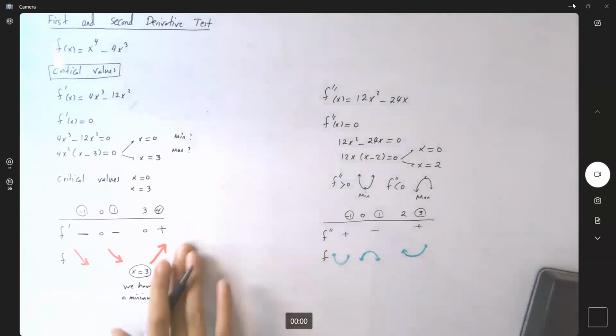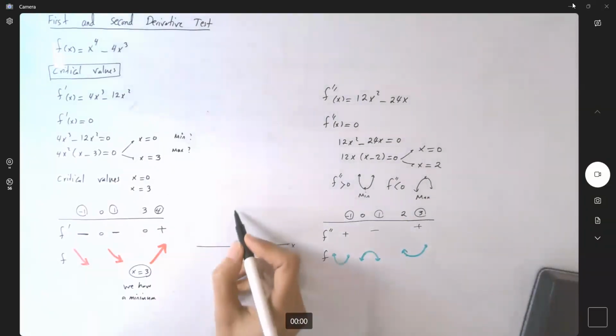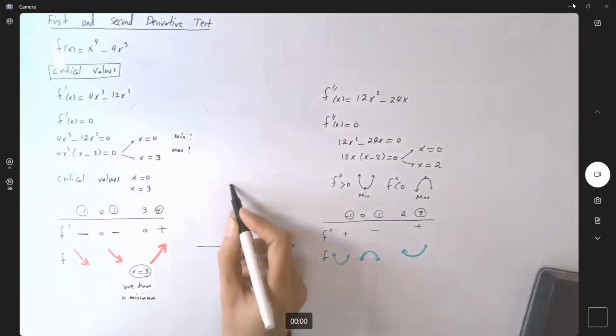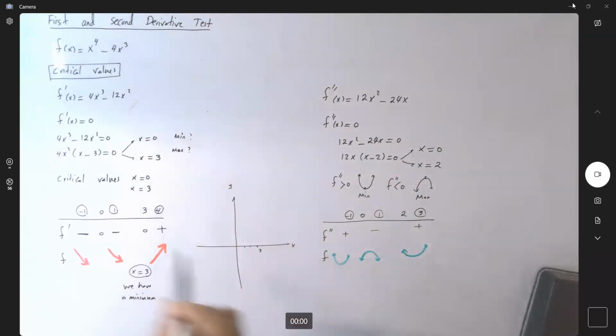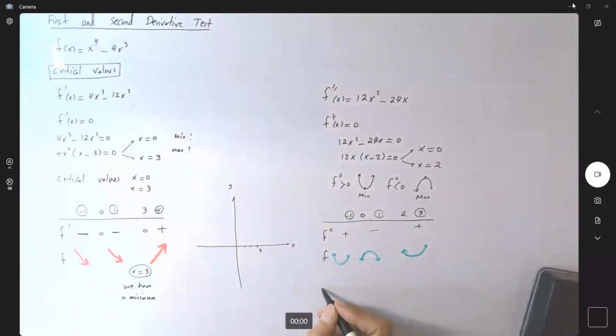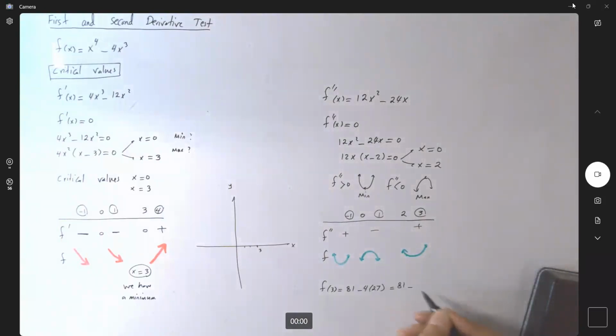So this is my x-axis, and this is my y-axis. I know at 3 I have a minimum. So if I plug in 3 here, I get f of 3, which is 81 minus 4 times 27, or 81 minus